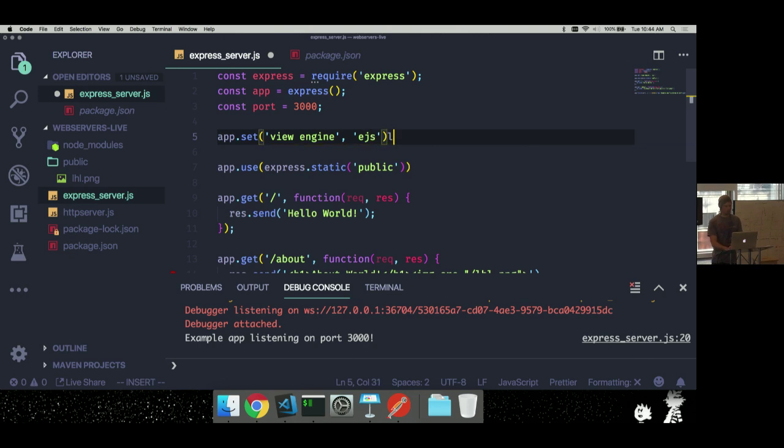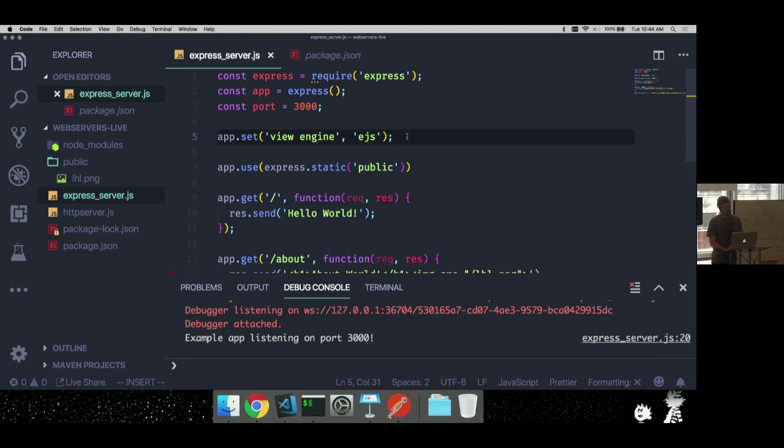Okay. Now you're noticing that I am not doing require ejs on this. I installed the module, but I'm not requiring it. That's because when I tell Express to use this, it's going to actually require that library for me, based on what I've put in here. So it does the require. If I didn't install the library, it would still complain, even though you're not seeing me use it here. Kind of weird, but